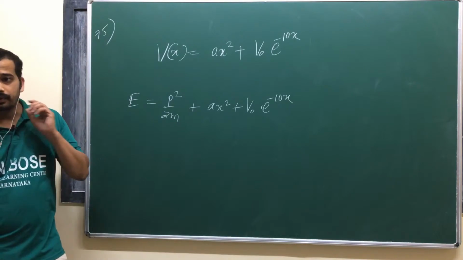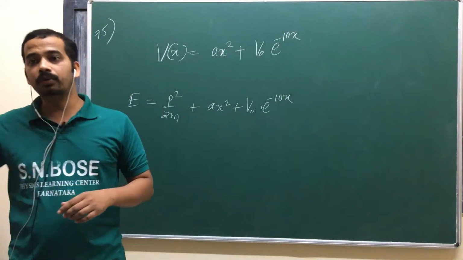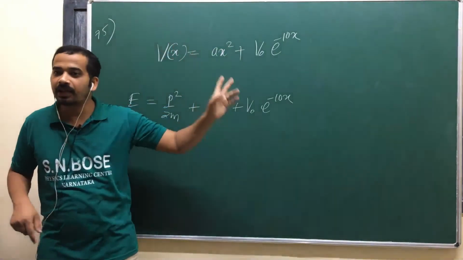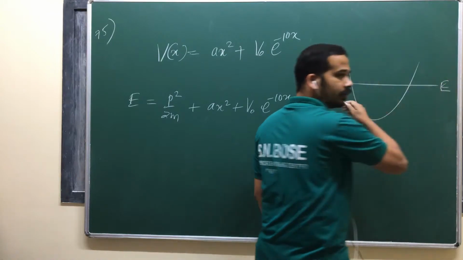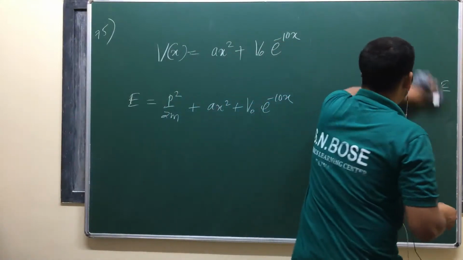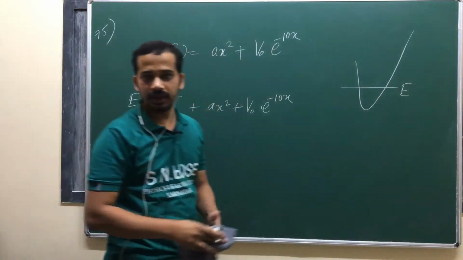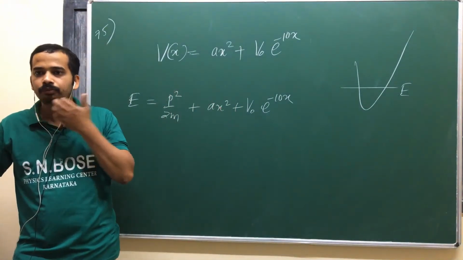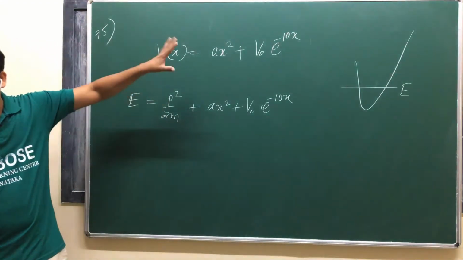Now look at here. After seeing those options, where you have the closed trajectory, you should know this potential has a minimum. It is a kind of bound motion. When will bound motion happen? When you have a potential like this, your energy like this, then bound motion will happen. It may not be parabolic, the shape of the curve may be something else, but you have a bound state. The particle is not escaping. It is moving between two positions. You can guess that when you see the options, without working out the potential.